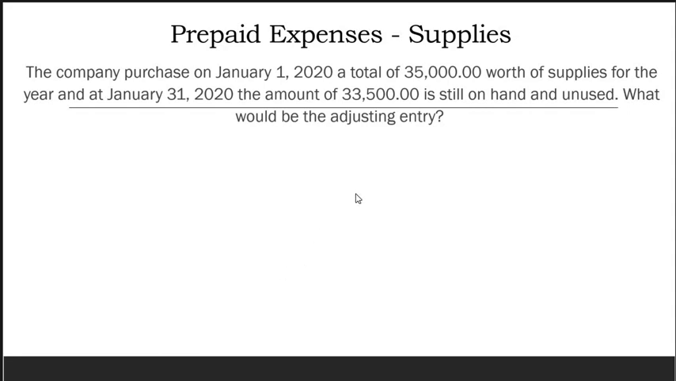So the next item is still a prepaid expense, in the form of supplies. In this particular illustration, the company purchased on January 1, 2020 a total of 35,000 worth of supplies for the year, and at January 31, 2020, the amount of 33,500 is still on hand and unused. So what would be the adjusting entry? Okay. Now, if you are using the asset method,